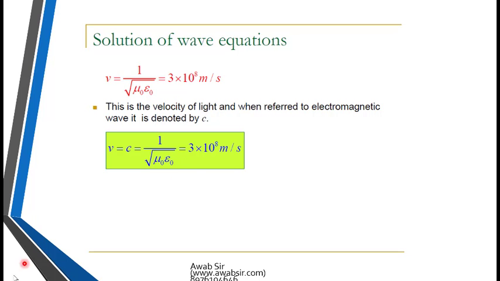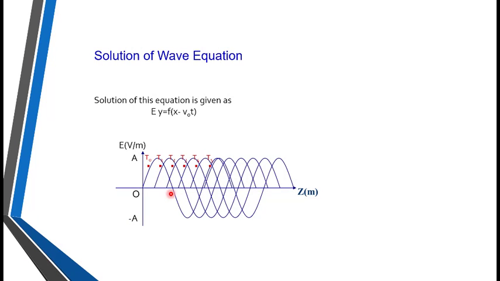So if we plot this wave, it travels like this. Suppose that f is a sinusoidal function, like Ey is equal to sine of x minus v naught t, for different values of t: t is equal to 0, t1, t2, at different instants t1, t2, t3. If you plot this function Ey, then we can see that it is traveling like this. The wave is traveling in the z direction. It is changing in its amplitude at every instant of time, and this E field is pointing towards the y direction.